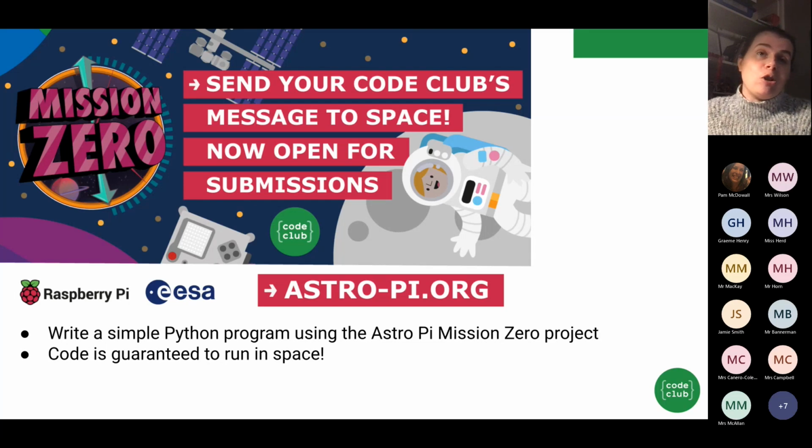What basically happens is you submit the code, all the code is checked, they then put it all on little flash drives, it gets sent to Kazakhstan, it goes up in an actual rocket when they're delivering a payload to the International Space Station, and then an astronaut will take the memory card and put it into the Raspberry Pi and will run the code, and then it records when and where the code runs. And then what happens later is